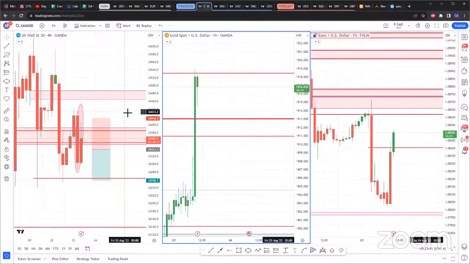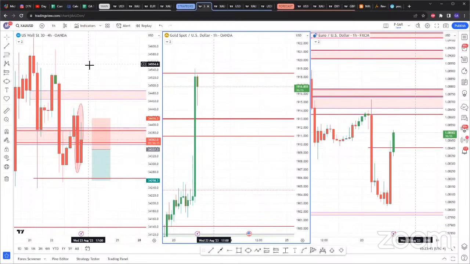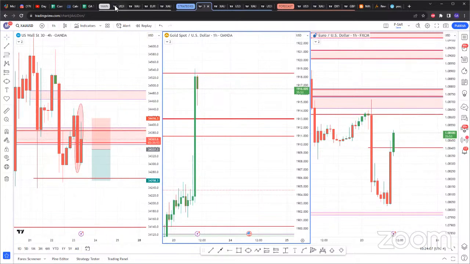So as much as maybe some of you might not use the SARs or whatnot, it is helpful to look at the higher time frames if you're entering trades, of course, on the lower time frame. So if you're entering trades on the 1 minute, on the 3 minute, make sure you look at what's happening on the higher time frame, and also I would recommend using higher time frames to set your stop loss, because that way, if you come back to the higher time frame, you'll see price more clearly.